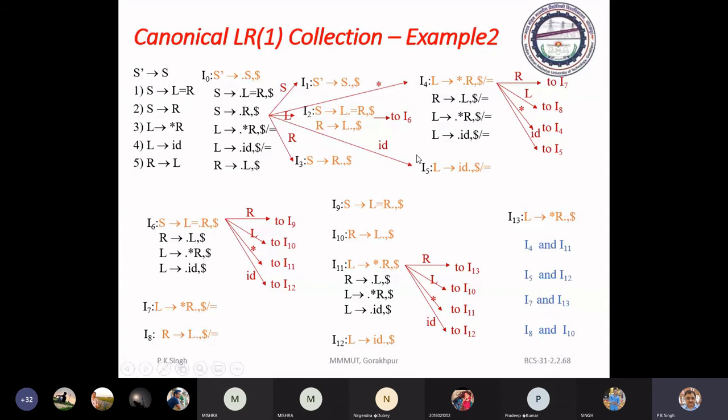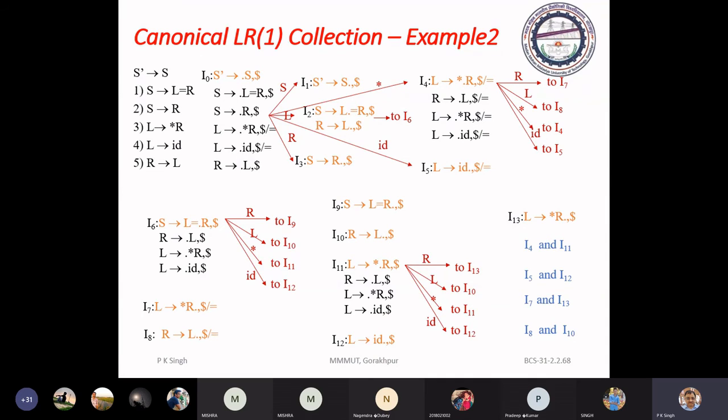Then we have already computed I1. L has already been considered in I2. So after applying go to with various grammar symbols from state I0, you will get item sets I1, I2, I3, I4 and I5.